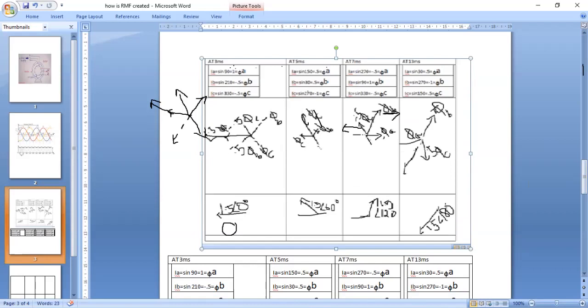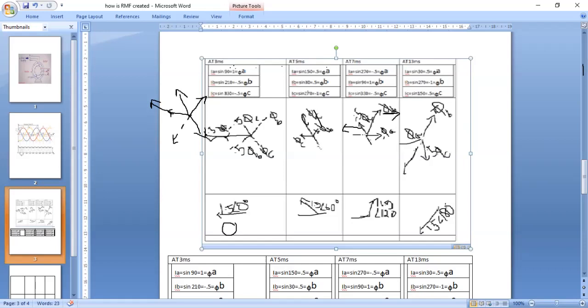Okay, so we can conclude that the air gap fluxes are basically rotating as if there is an N and S pole revolving in the air gap, but there are no N and S poles. The effect is created by the time varying currents in the three-phase windings. Summing up this phenomenon, the stator has three-phase windings wound for a particular number of poles. The windings are 120 degrees spatially displaced, and the stator is fed from a three-phase source, so three-phase current flows through them. The phases of the currents are 120 degrees displaced in time as well.